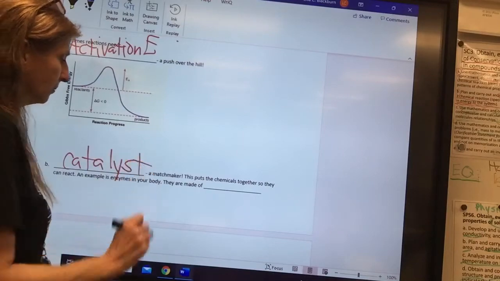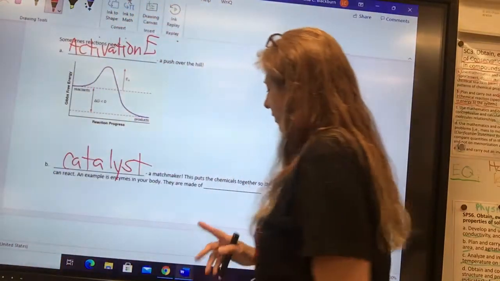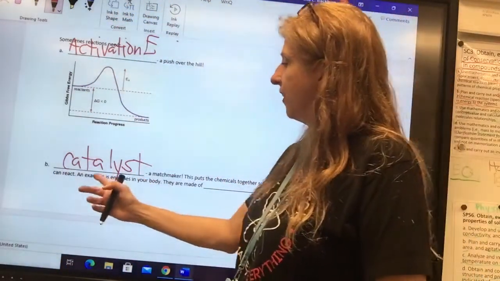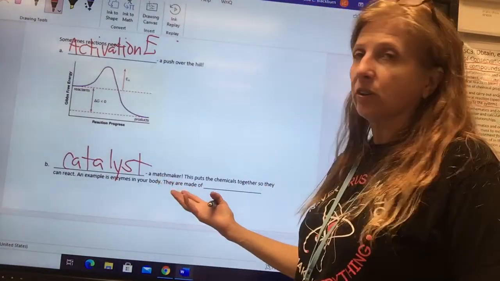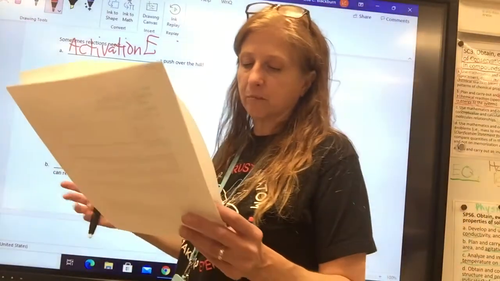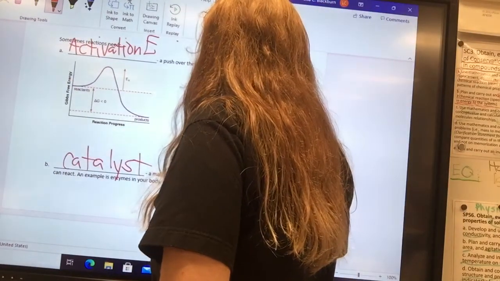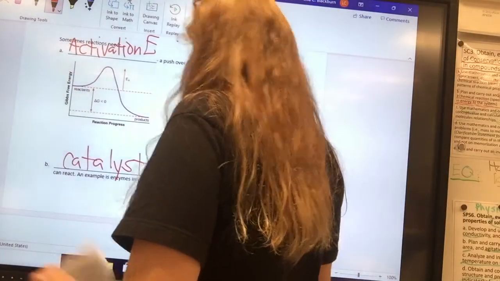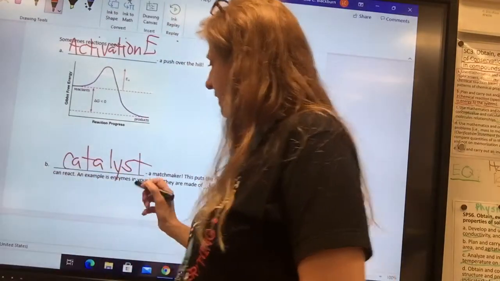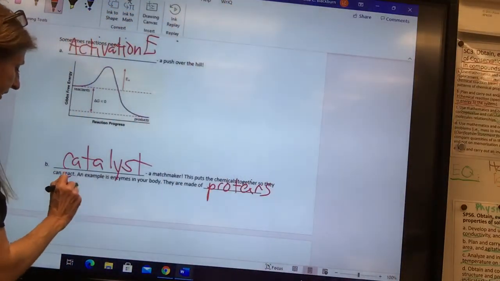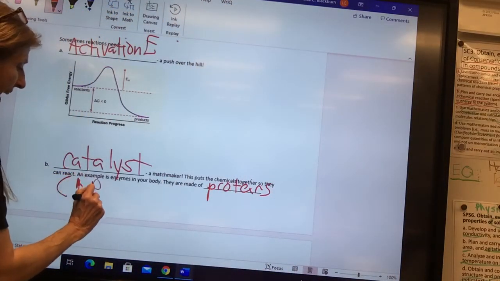A catalyst, and we talked about that. It's like a matchmaker. It puts the chemicals together so they can react. An example you learned last year in biology is the enzymes in your body. They are made of proteins. Remember that from honors biology? Made of proteins. And notice that this increases reaction